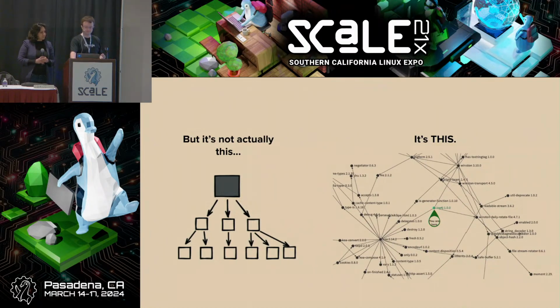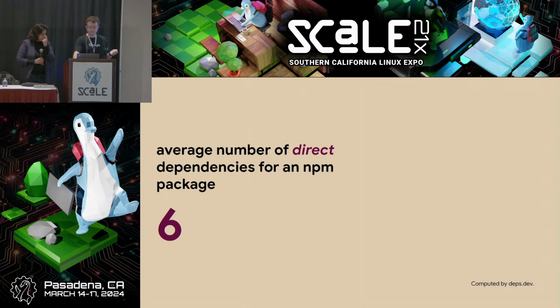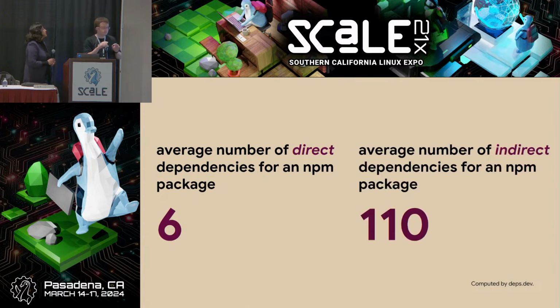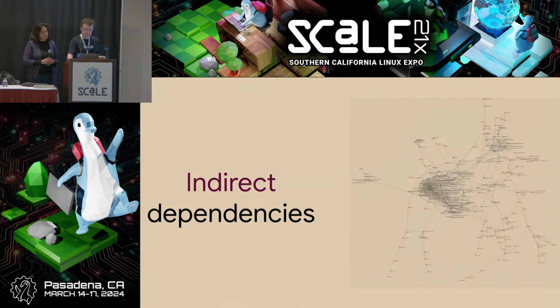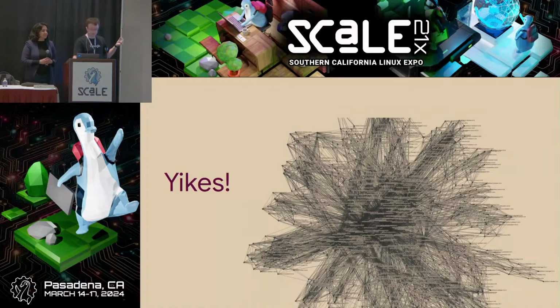And these graphs, they might be bigger than you think. For example, the average NPM JavaScript package has around 6 direct dependencies, but 110 indirect dependencies. In graph form, that can look something like this, right? A typical project's direct dependencies might seem interconnected, but still somewhat manageable. But then you compare that to its indirect dependencies. It gets a lot messier. And some projects bring more risk and more complexity than others. For example, there's this one, which has a dependency chain 58 levels deep.